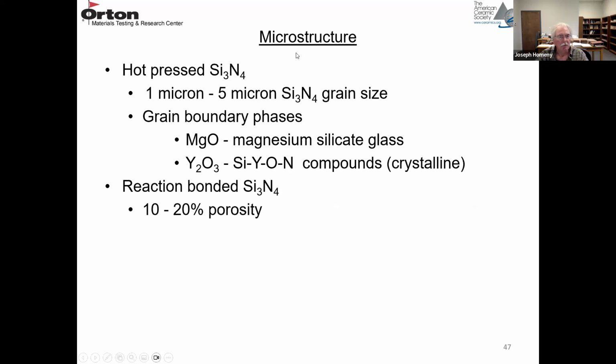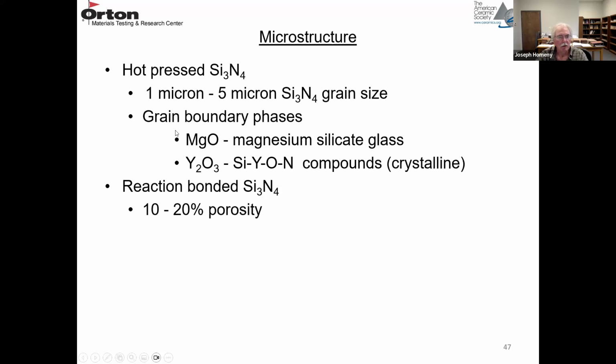So for the hot press material, usually it's a fine grain size, 1 to 5 microns. So small grain size, high density, low porosity, gives high strength materials. And if you add a sintering aid like